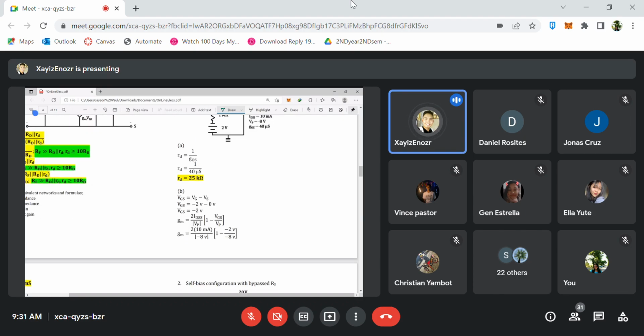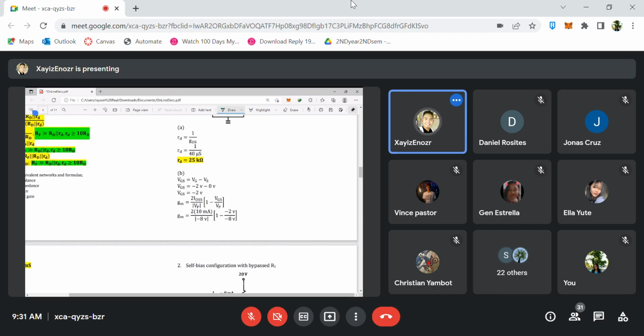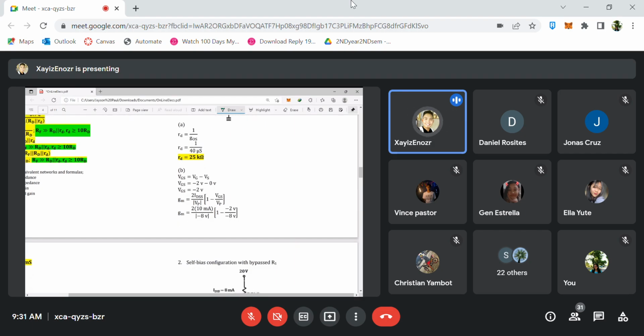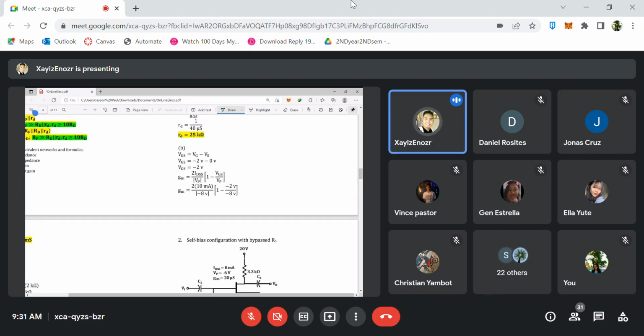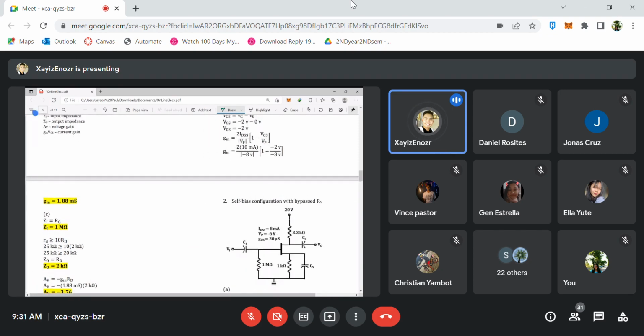So pag naharap na natin VGS, okay, we can now determine yung ating transconductance GM. So using the formula, 2 IDSS over VP multiplied by 1 minus VGS over VP. So we have here, so given yung drain source saturation current, IDSS, which is 10 milliamperes. So we have 2 times 10 milliamperes over VP, which is negative 8 volts, multiplied by 1 minus negative 2 volts over negative 8 volts. Okay, that is, ang GM natin is 1.88